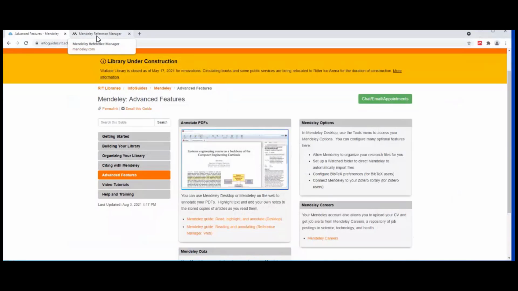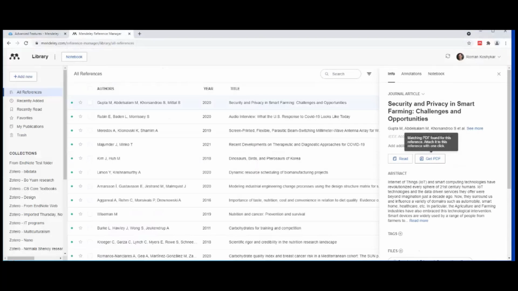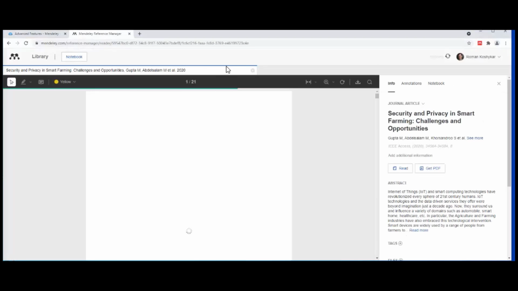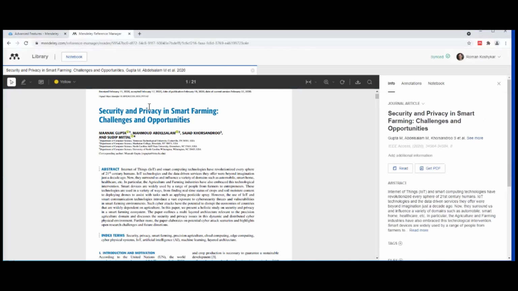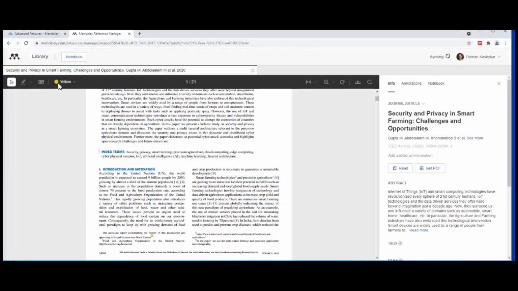You can also use the Mendeley web library to do the same. If you open a PDF file that you have saved, you can also add notes and make highlights to your documents here in the web as well.